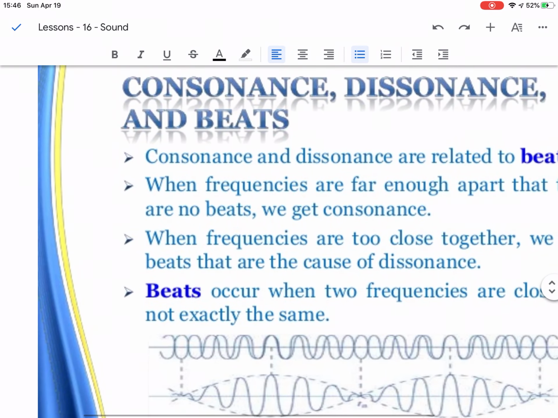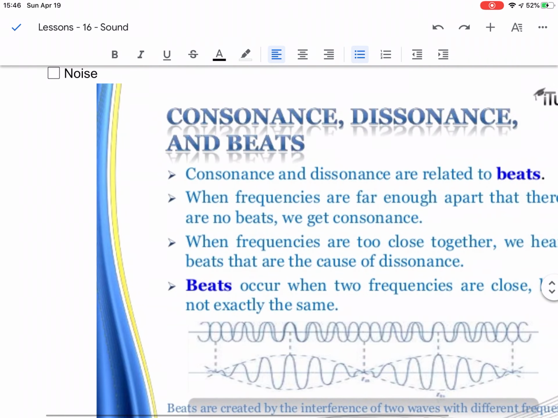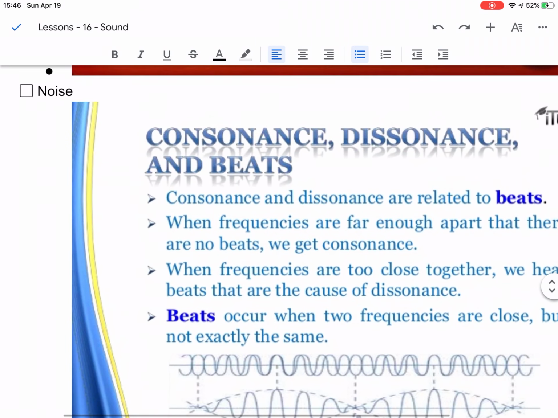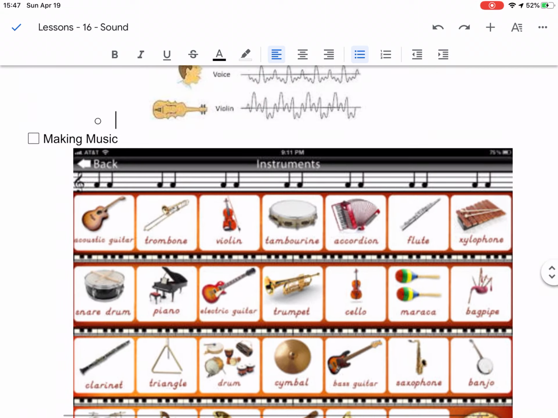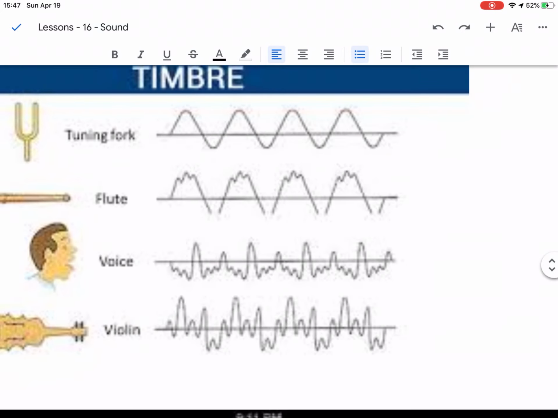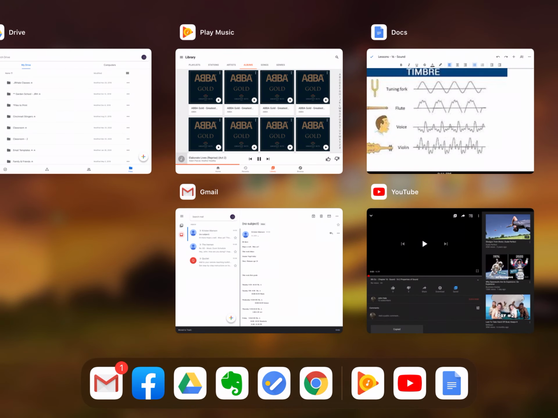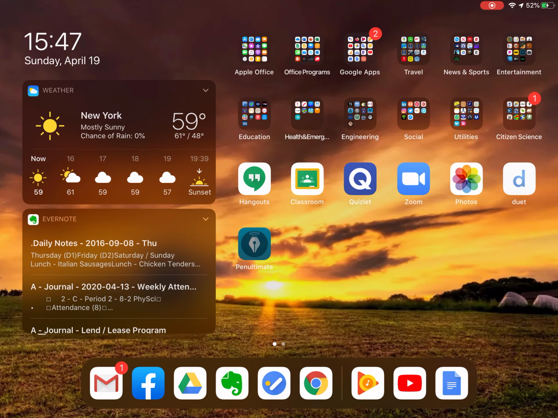But we do want to know when we make music, what's this difference between consonance and dissonance? Unfortunately, I can't get to my pitch pipe, which will help me show it, but consonance, dissonance are related to beats. When I have 2 sounds going together, let's move back up here, and we have these 2 beats. What happens if I have 2 waves? Give me a sec. We're going to pull up something, and we're going to show you something else. I'm going to pull it up.